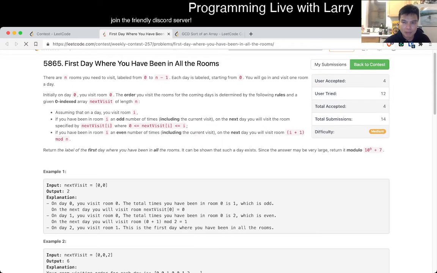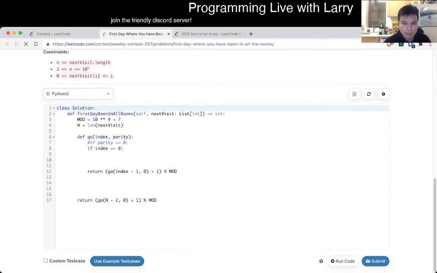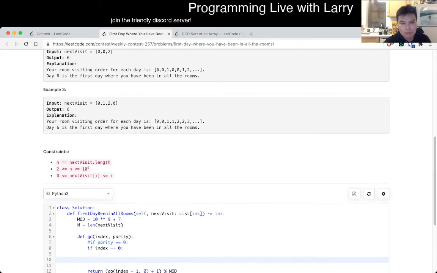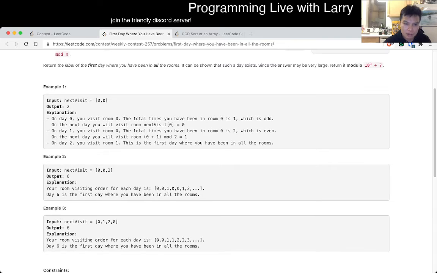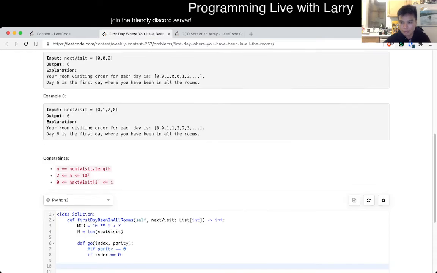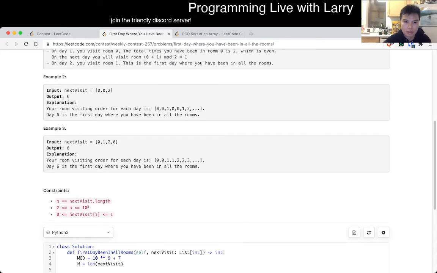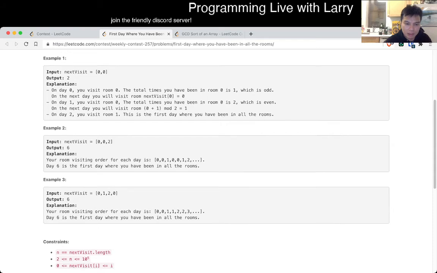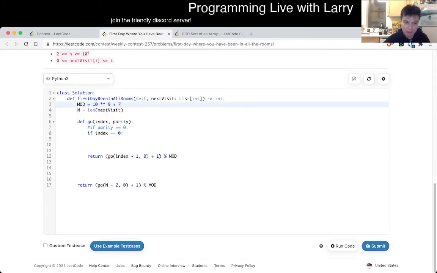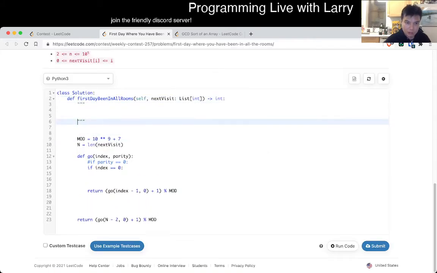Maybe I'm just thinking about this in a poor way. If backwards doesn't work, let me think about it another way. How do we get this to be an odd? So this is an odd if all, okay. So how do we get all this to be an odd number? Let's say